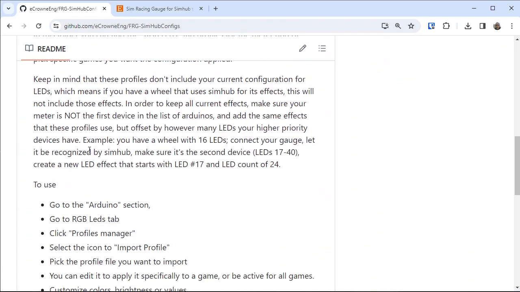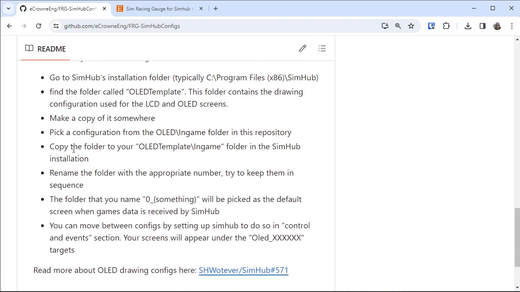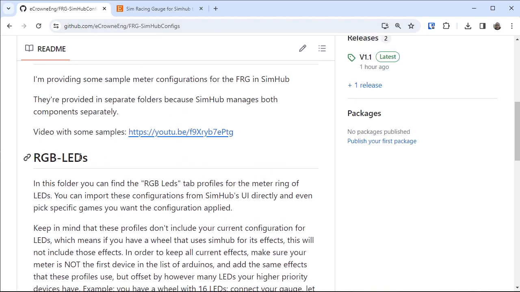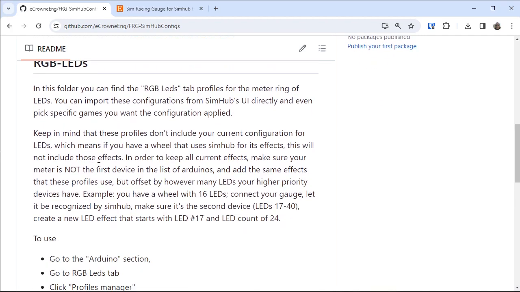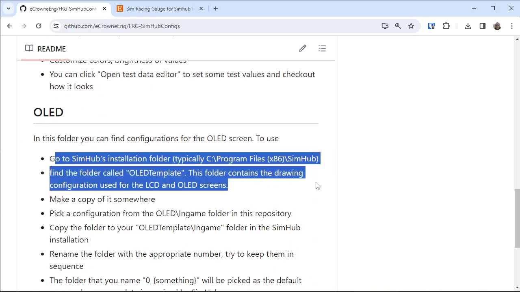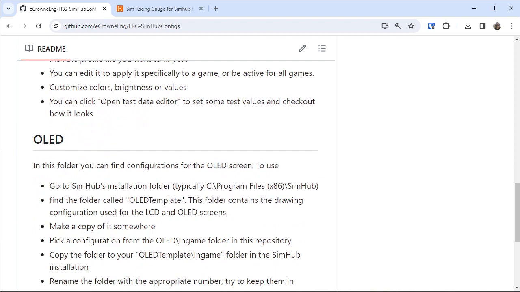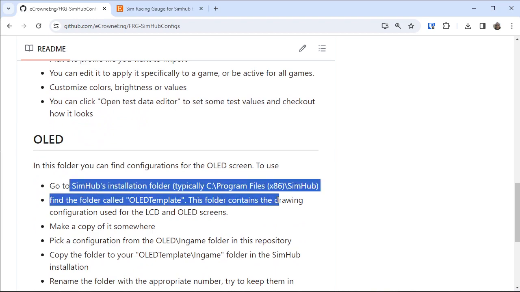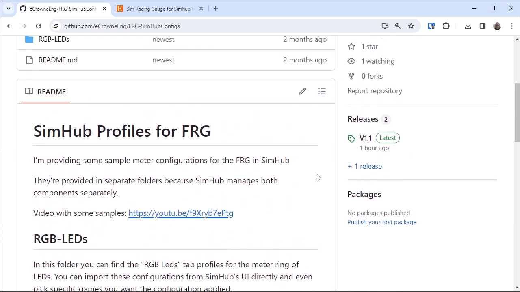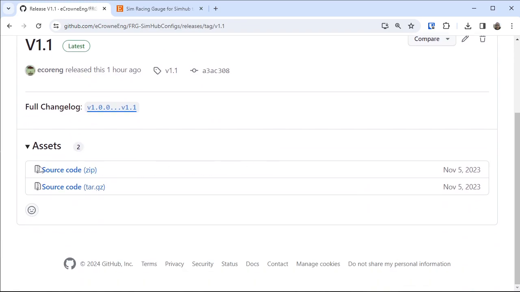You can go and read these, but basically we're going to follow these instructions and this one. For the LED it's much simpler because you can import the configuration, the profile, directly in SimHub, while the OLED is a bit more convoluted. I don't know why there's no easy way to achieve it, but it's not that hard. It's just a little bit more convoluted. So the first step is that we have to download the latest release here. It's going to contain the latest